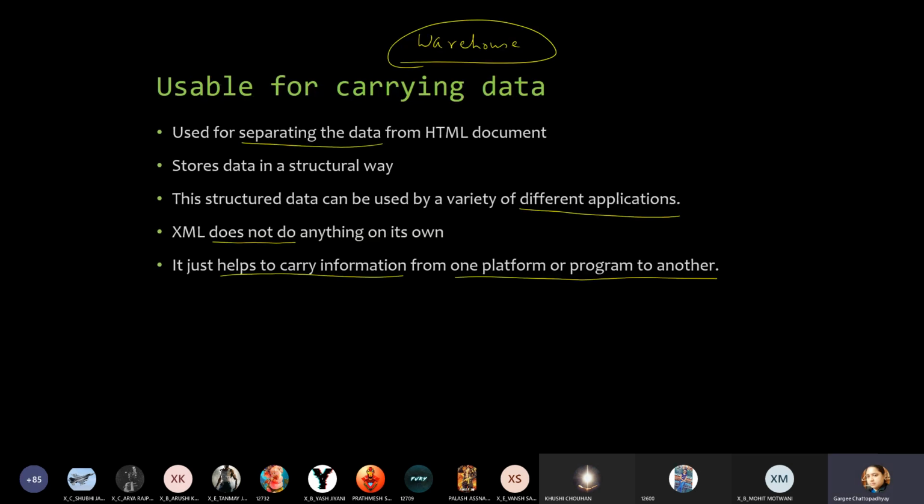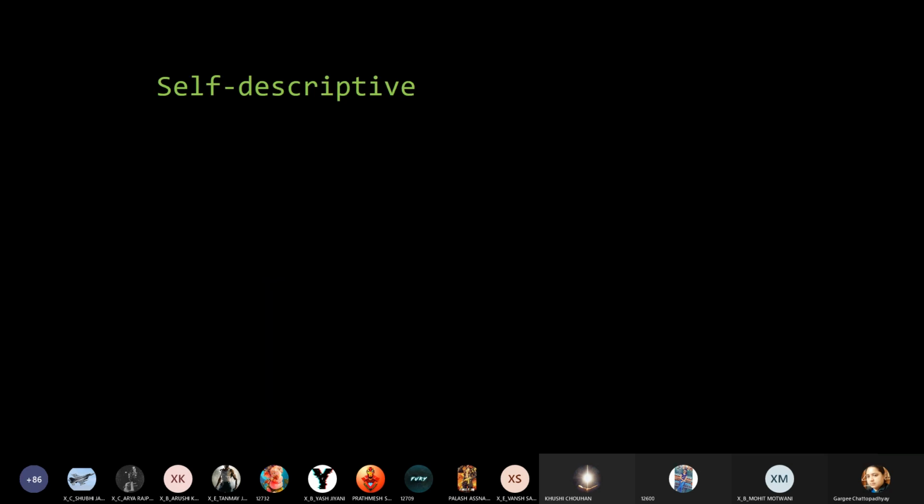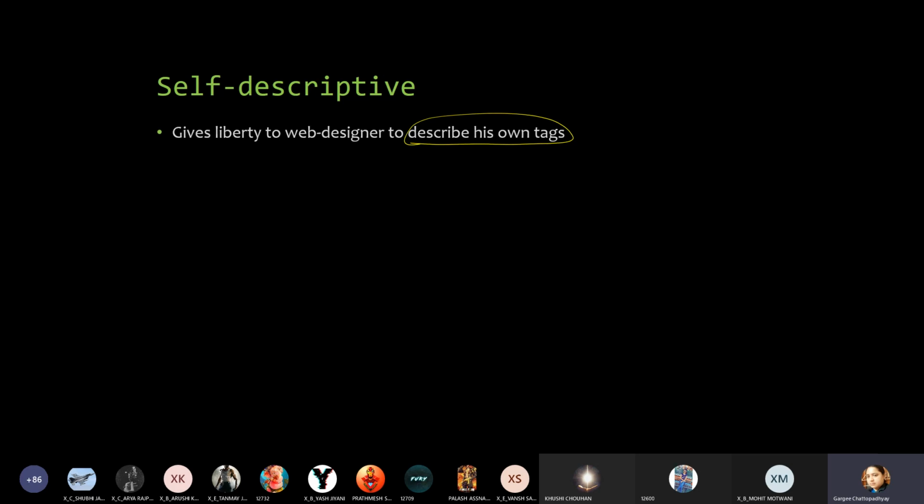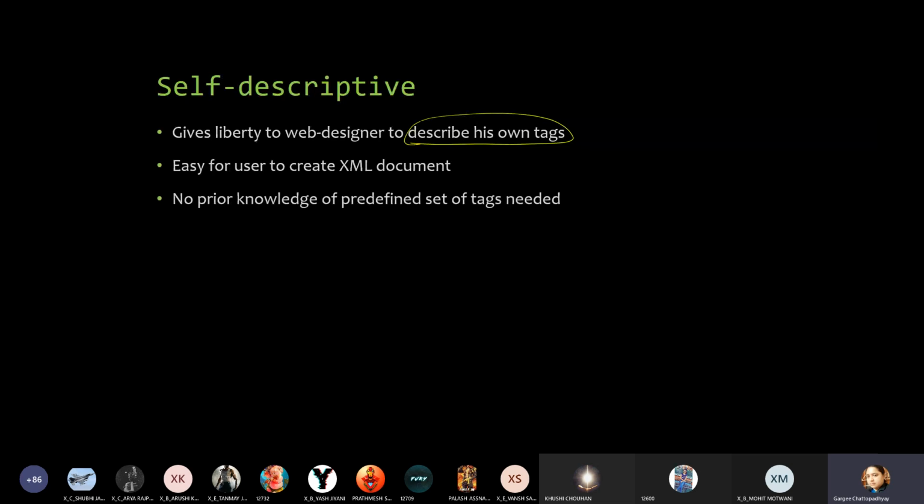So just take a look at these statements, the underlined words over here, that is very important. Self-descriptive. Gives liberty to web designer to describe his own tags. This is very important. You can describe your very own tags. Easy for user to create XML document. No prior knowledge of predefined set of tags needed. No prior knowledge.